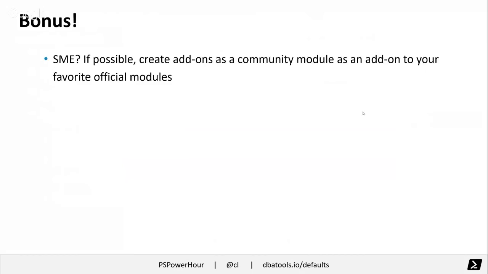And here's a bonus. I wanted to highlight this. If you're an SME, if you're an expert in your field, if possible, create add-ons as a community module. And add it on to your favorite module. So, even if SQL PS had lived up to its ideal, I would have loved it to build something like SQL PSX, right? And it doesn't have to just be SQL Server. If you're a System Center person and you're into that, there must be something that Microsoft probably isn't providing that you can do. If they're not doing syncing just right,